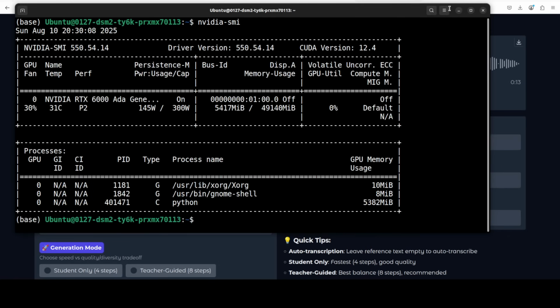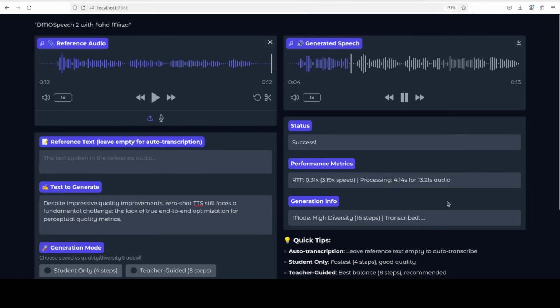Despite impressive quality improvements, zero shot TTS still faces a fundamental challenge: the lack of true end-to-end optimization for perceptual